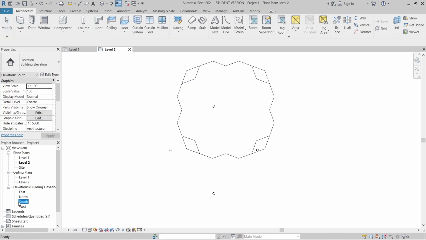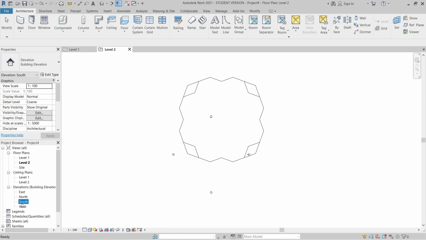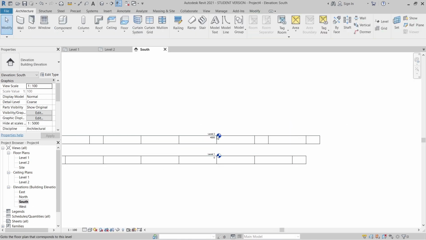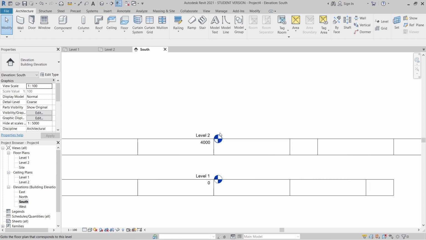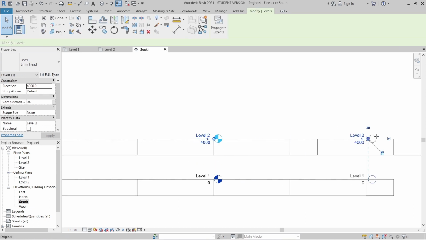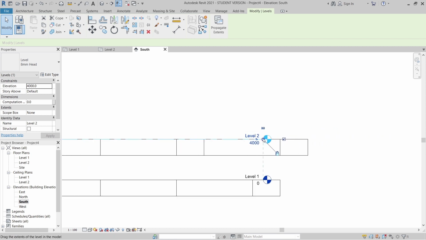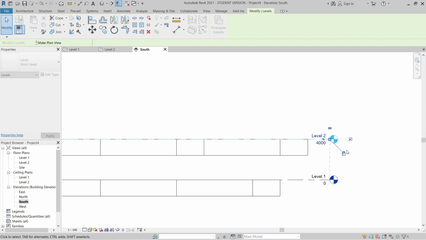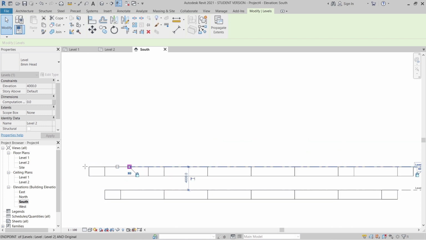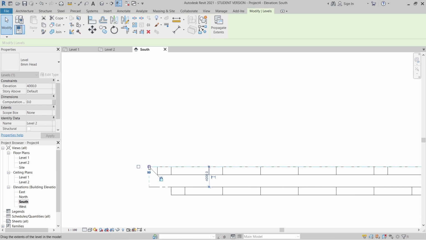I need to go to my south elevation first because I need to create another level here, easier for me. And of course I want to adjust my level also because here it does not look proper. I can draw it out here. The reason we just draw our level 2 and level 1 is coming up is because here is locked. As you can see, we got locked here, and then I'm going to draw it out also.